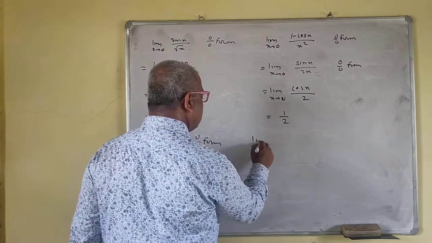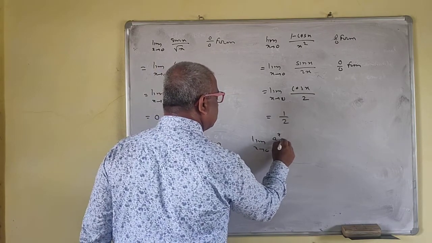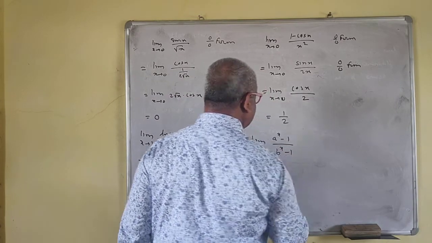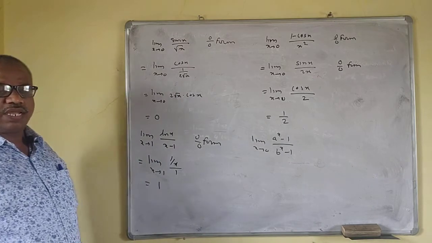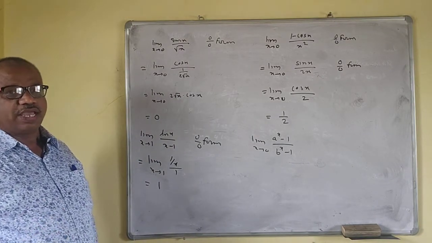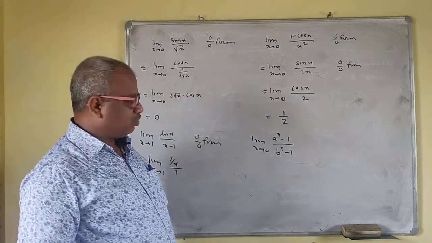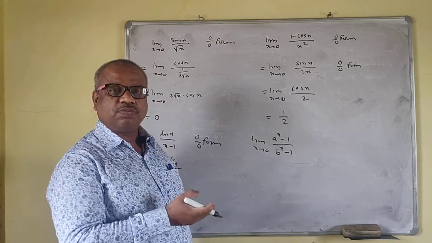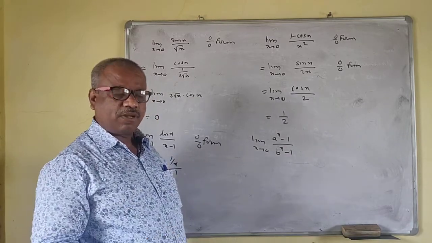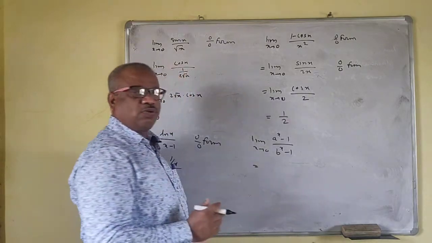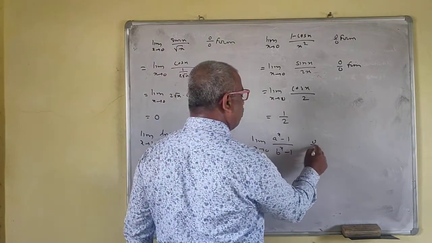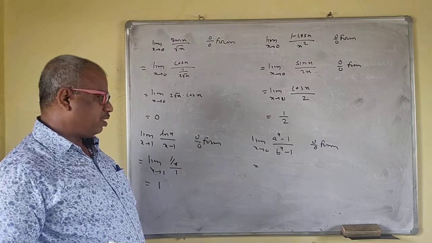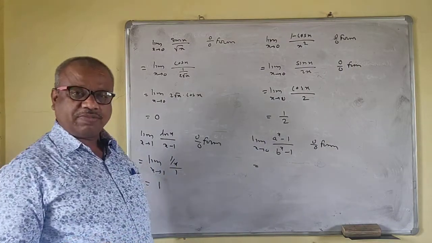Okay. So limit x tends to 0, a raised to x minus 1 upon b raised to x minus 1. Last year you know that the formula is a raised to x minus 1 upon x is log a, right? So no need to apply that formula here also. Here you divide by x and separate the limits of the numerator and denominator, then that is log a upon log b. But here L'Hospital rule plays a very important role. This is 0 by 0 form. If you put x equal to 0, a raised to 0 is 1, 1 minus 1 is 0, b raised to 0 is 1, 1 minus 1 is 0.